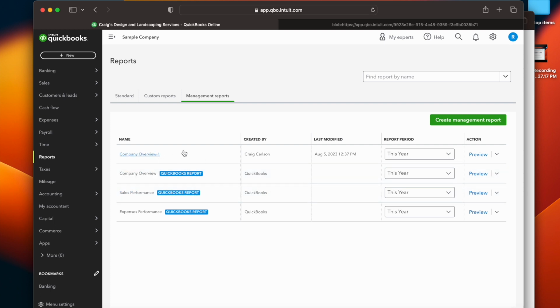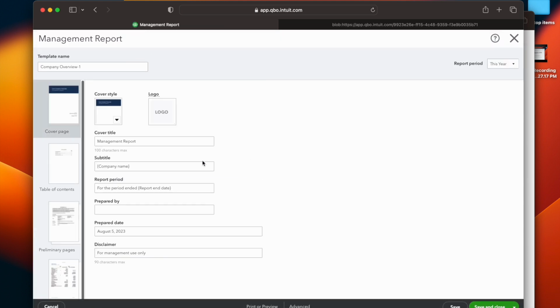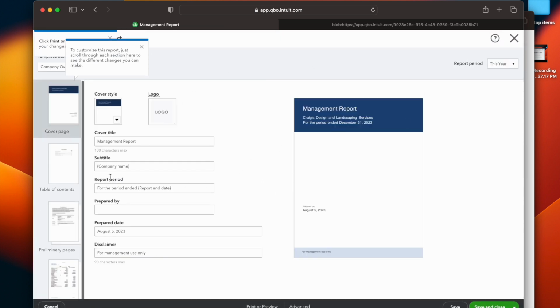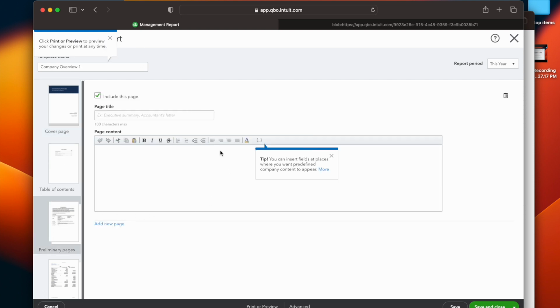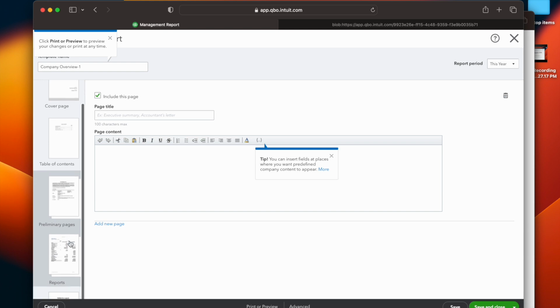So if you are a pro advisor, if you are accessing the client version, you might only have the option to see two versions of the management report template, whereas the client has three versions. So if you go now to this report, we are going to cover all of this. Here you can see the cover, the company logo, so you have all the options that you can change here. And then you have the table of contents, and then you have the preliminary page where you can add your summary. And then if you scroll down, you can see that